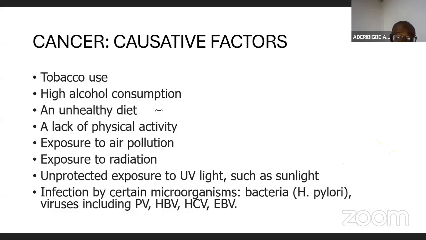Then infection by certain organisms like bacteria, H. pylori, for instance. Usually about 80% of people that have ulcers, it's usually caused by H. pylori. It's caused by this bacteria that swims within the lining of the stomach, and it has a tail. It will be irritating the whole cells of the stomach. So when you irritate them, the cells behave abnormally. They have to be replicating. They are shed off faster. You understand? I'm just simplifying the explanations for this. So once they have to replicate faster, the chances of mistakes being made during the DNA replication are more. So they are exposed to having cancer.